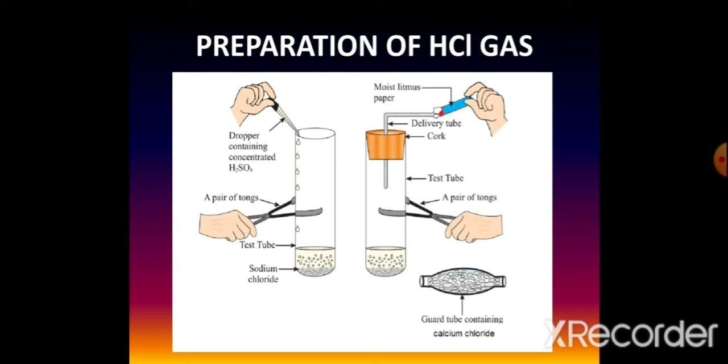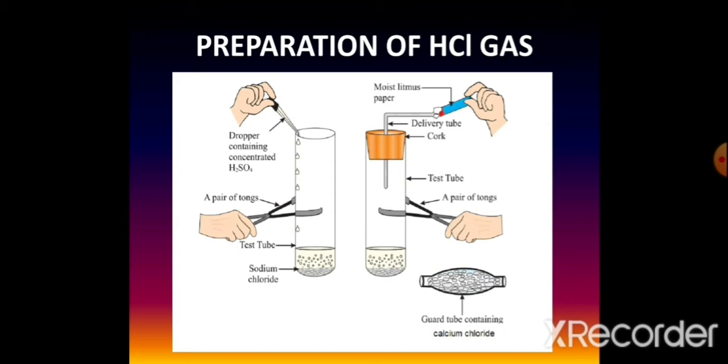Students, this process is shown in the diagram of the NCERT book. Here hydrogen chloride gas turns moist blue litmus paper red. If we take dry litmus paper, such a change is not seen. It will not occur. Only in moist or wet form does hydrochloric acid show ionization that turns the color.